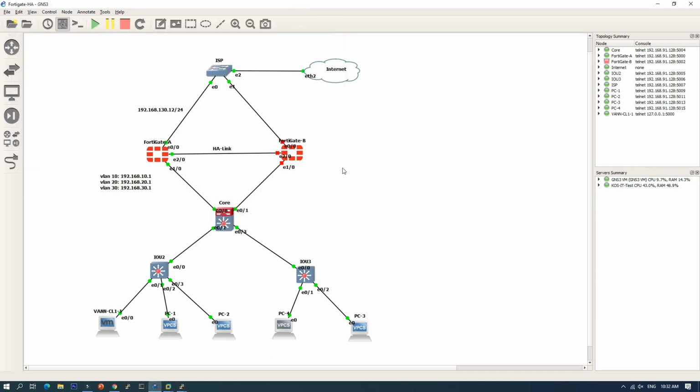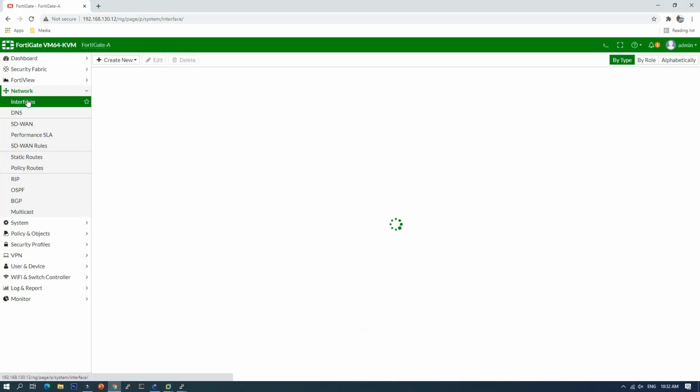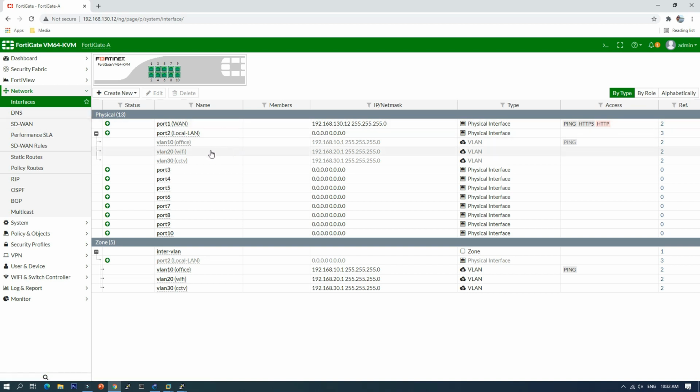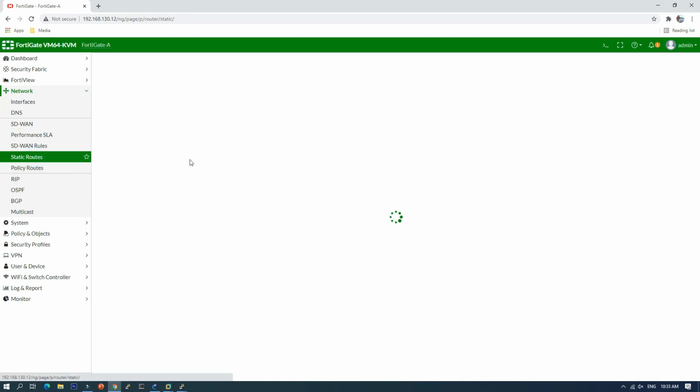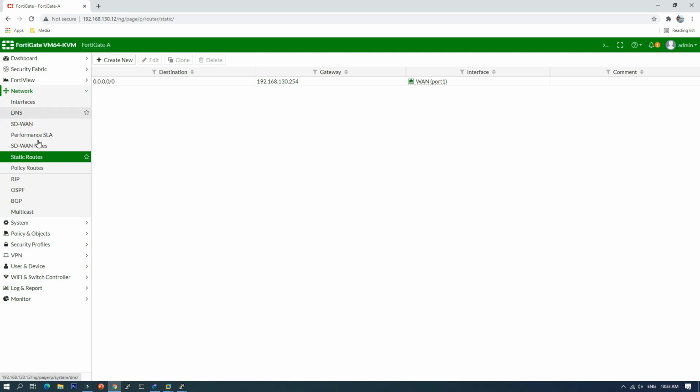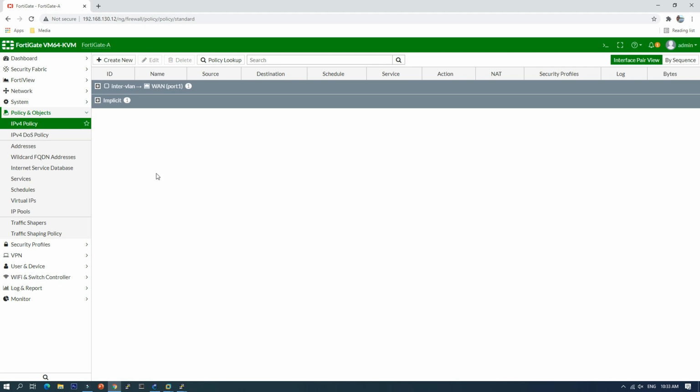Okay, so what we want to do is configure the HA. Now we have all the configuration on the FortiGate firewall, on FortiGate A. So here is our configuration, and we have some policy here.